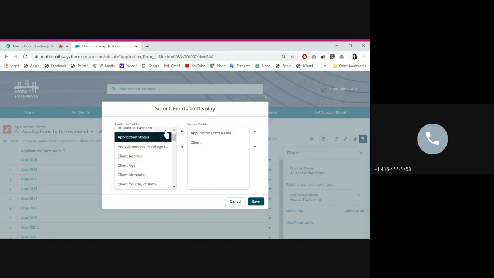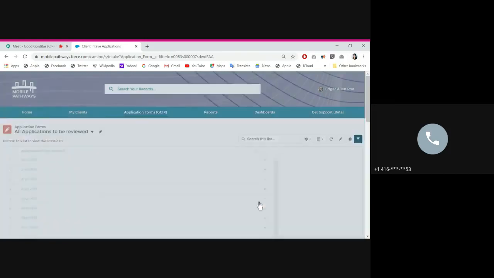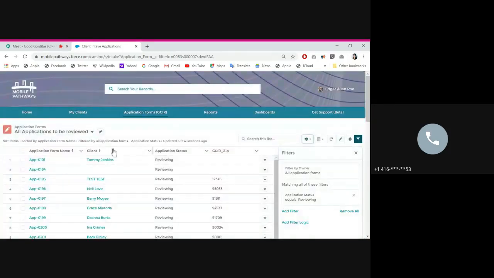You can pull the application status to the side. If you're interested in, let's see, what would be a good one. If you're interested in the zip code, for example, you can pull that to the side and say save. And that will give you a list of things